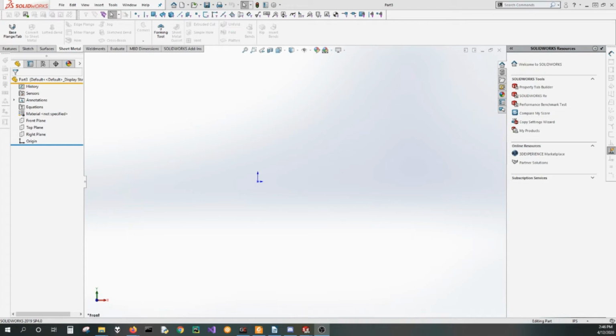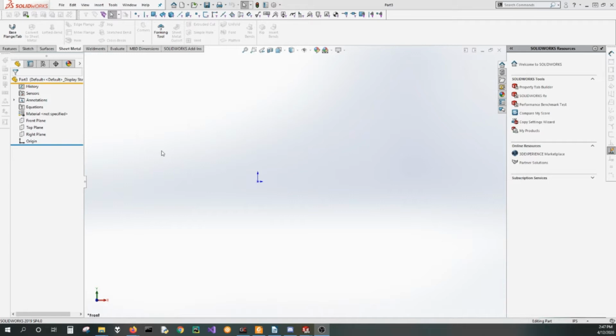Hello. So I've been asked to do a video on some of the sheet metal features in SolidWorks, and there are a lot of tutorials on YouTube and other learning resources for this on the web. So I'm just going to focus on a couple of tools that I think are applicable to what we do on this team, along with some